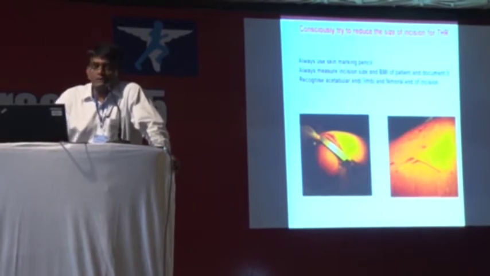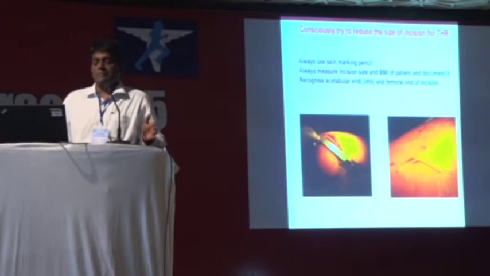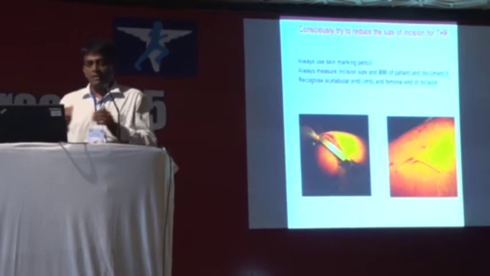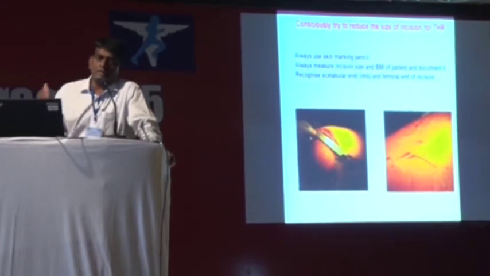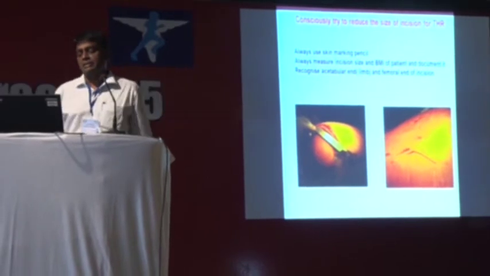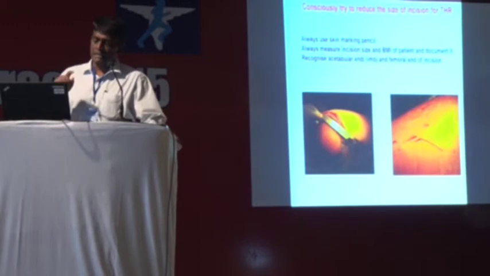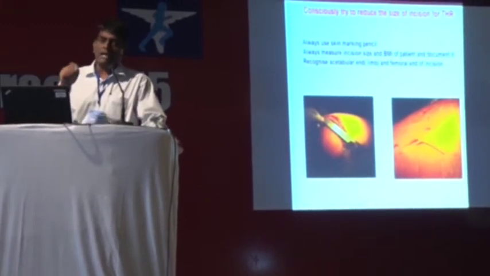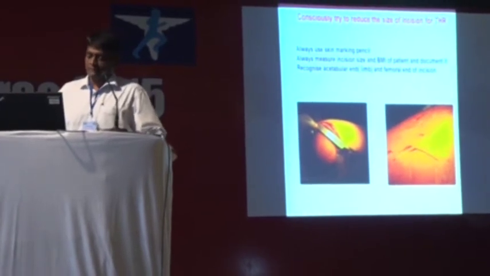So what we now do is we certainly don't do MIS, but we always try and do the smallest incision possible. And we are not sticking to a particular length. For a particular patient, I like to do it in the smallest incision possible. That's a good concept to have. You want to extend it, you extend it. So always we use a skin marking pencil because it's not good to do MIS, and equally it's not good to make a giant incision. You want to make it as small as possible. You always measure incision size in the BMI of the patient and document it. If you start doing it, you'll find the incision getting smaller and smaller.